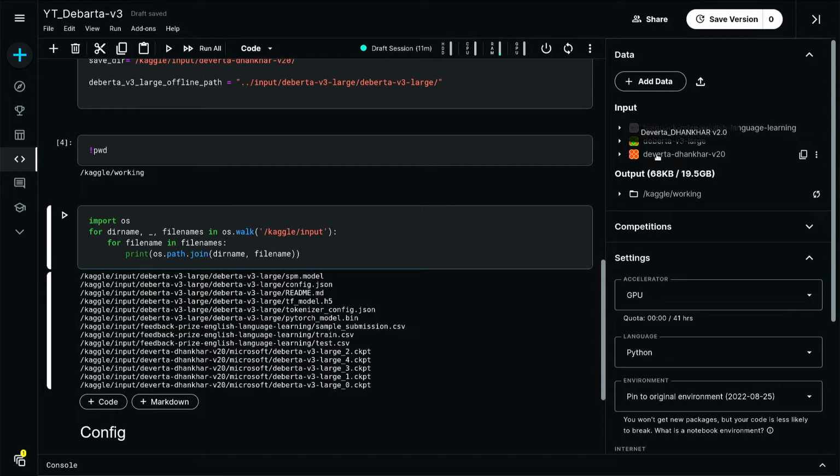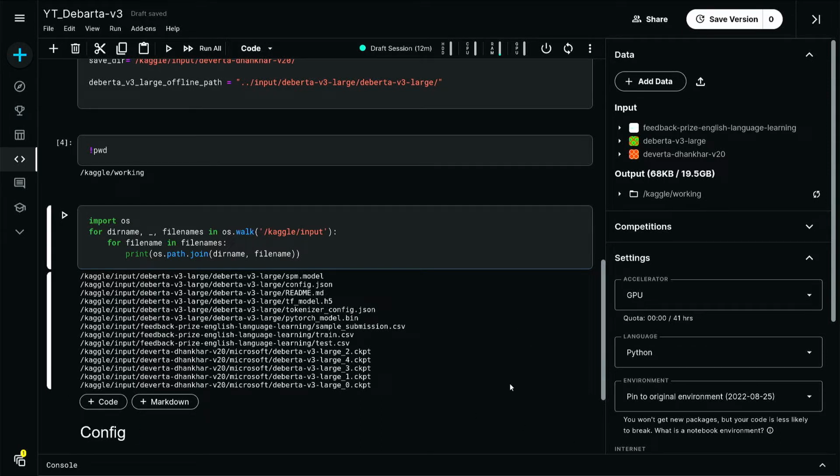So I am also making use of this model, and this is a pre-trained one. You can just search by this name and you will get that. And the first one is obvious. This is the actual input data of this competition. And I will give a link of these two other models that I'm using in my notebook and in the source code. You will get that in the GitHub link down at the description section of the video.